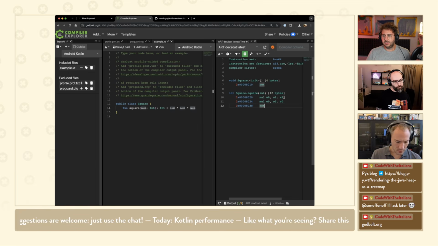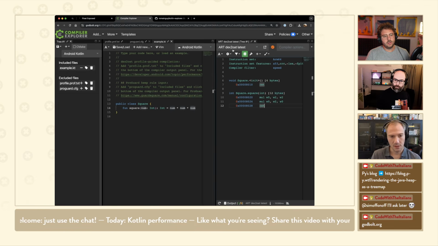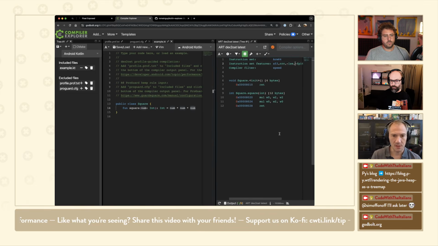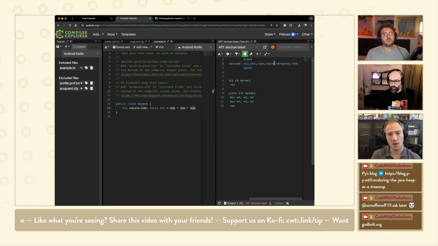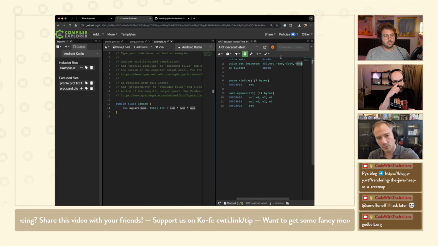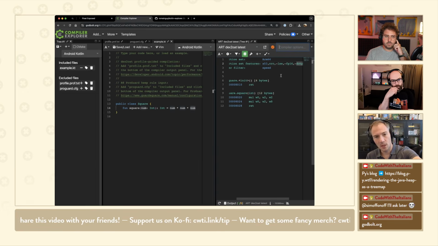Right, so we'll talk about what Kotlin Explorer is in a little bit, but you can see here, that's a host version of DEX2OAT, and you can see at the top, it's telling you that it's targeting an F53 CPU, and here it's saying that some of those features are not supported by the target device, which is a generic device in this case. So for instance, minus FP16 means it doesn't support half float, 16-bit float, or it doesn't support the dot product in the CPU. So that's the thing with this compiler explorer. You can pass options to DEX2OAT to set those flags, but this is not necessarily what your device is going to do.